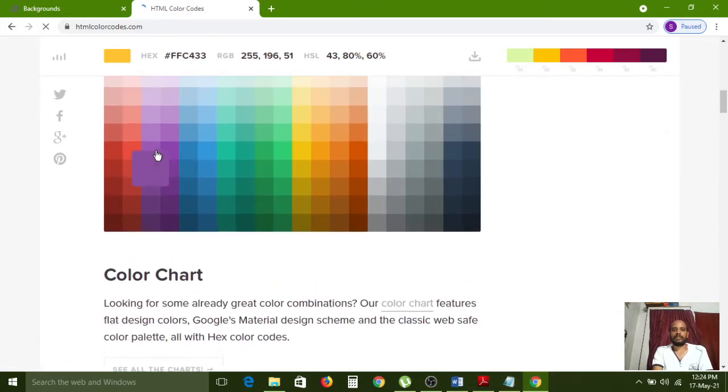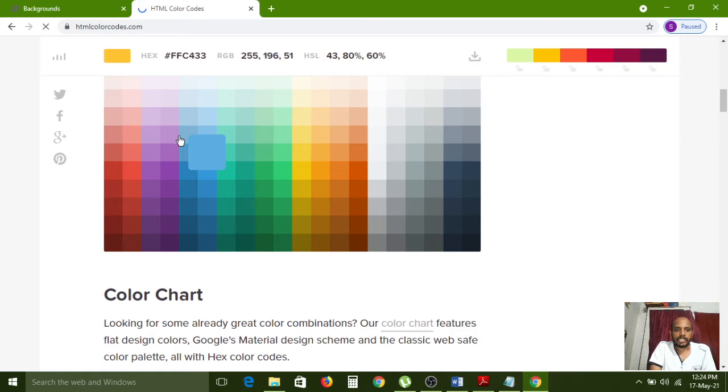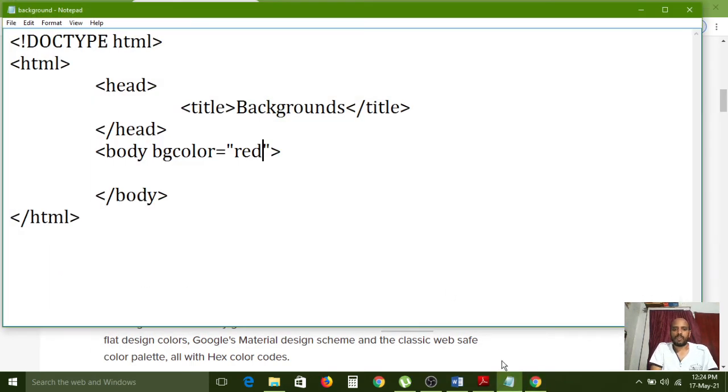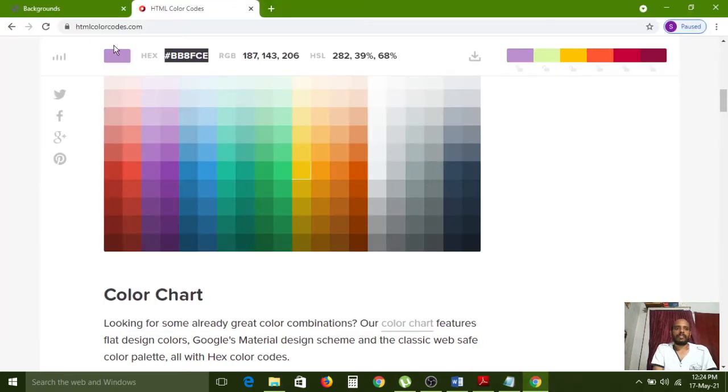All of you carefully observe. Here we have plain colors now. So this color I am choosing. Just click on that color. Here the code is showing now, hex equal to hash bb8fce. Then simply select and copy that one, go to our code. Instead of red here, replace the word red with this, paste that complete code, then save this one, go to that file again, and refresh that page. The background color will automatically change. So like that we have to apply the background colors.